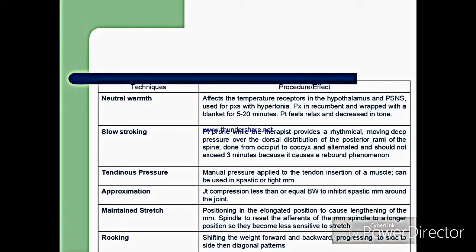Now, if you are studying the Rood's approach, kindly do refer to some books and do read about the ontogenic sequence of motor development, differentiation of the heavy and light muscles, and also read the physiology of muscle receptors and proprioceptors.